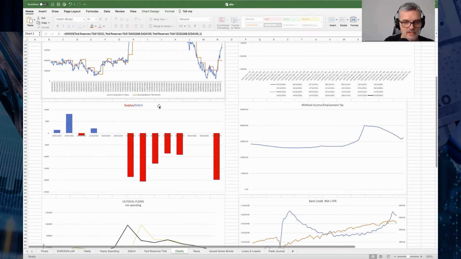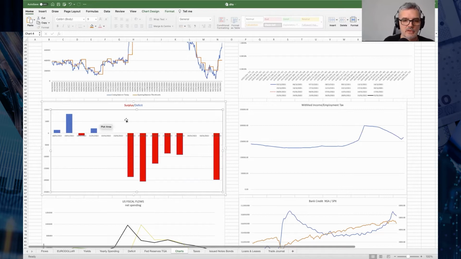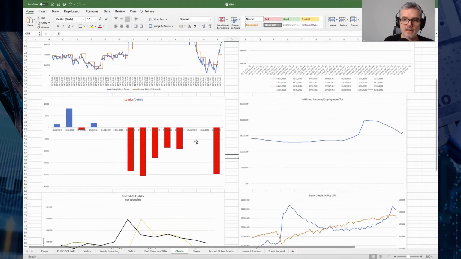If we look here, got the surplus versus the deficit numbers of recent times. So 20th of January, I noticed that the US government on a monthly basis was starting to balance the books, which meant that they weren't able to spend as much as they are taking in. We didn't get the Build Back Better plan, so there's no stimulus, if you like, coming in from the US federal government.